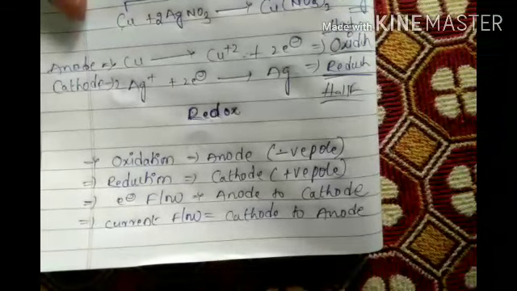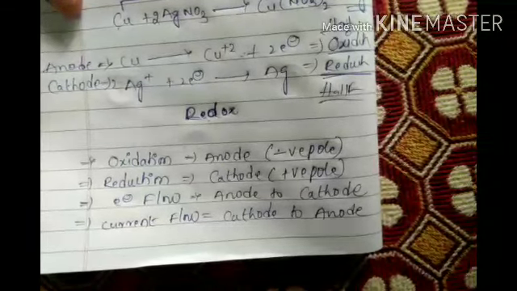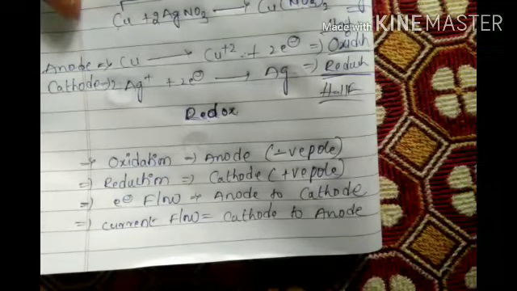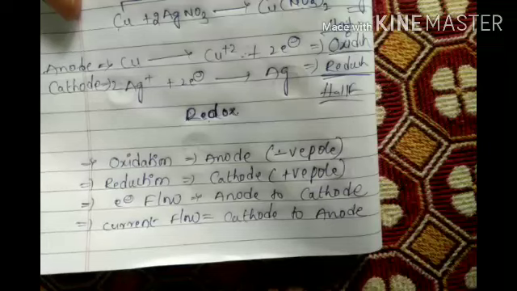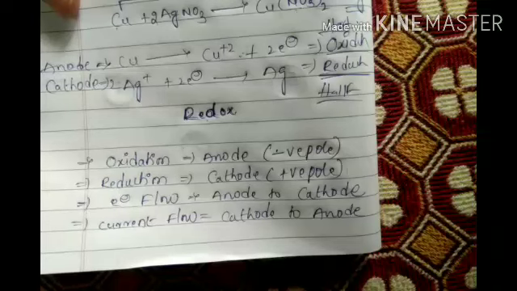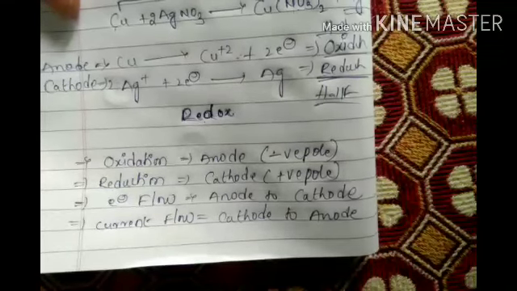If, for example, in the first 20 or 25 minutes you have not understood anything, just remember these points. That's enough. These points are enough. This is a little bit confusing only for some students. Okay? This is about the electrochemical cell. That's it. Now the electrolytic cell is completed, the electrochemical cell is completed.